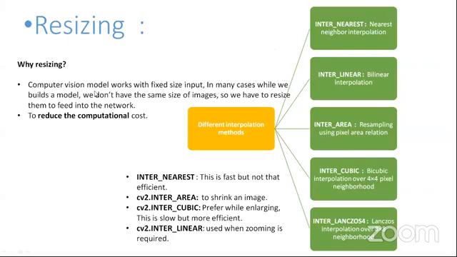Whenever you are working with a computer vision model, you need images of the same size. You cannot feed different image sizes. Suppose you gathered some data from the internet for your computer vision model. Some images are in HD, some are 1028, some are 400 by 400 in size. You cannot feed variable size inputs into your model. You have to make sure that all the images are of the same size. Then only you can proceed further.